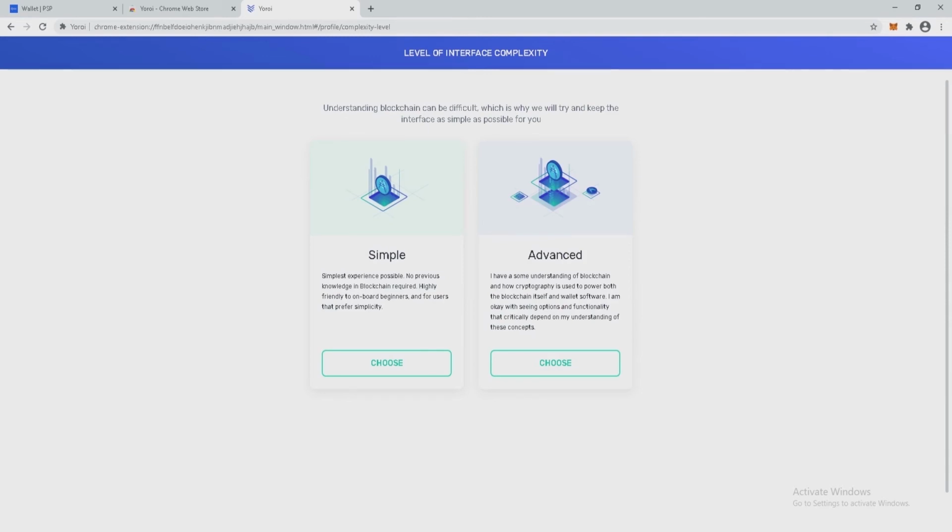You have two options over here: level of interface complexity.